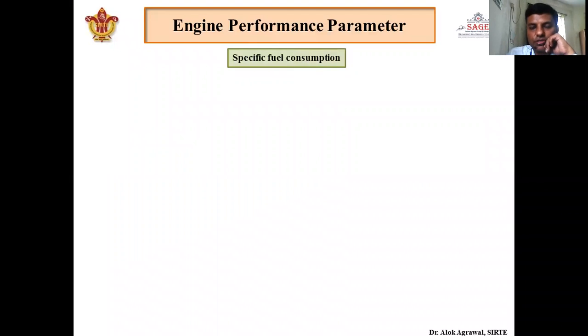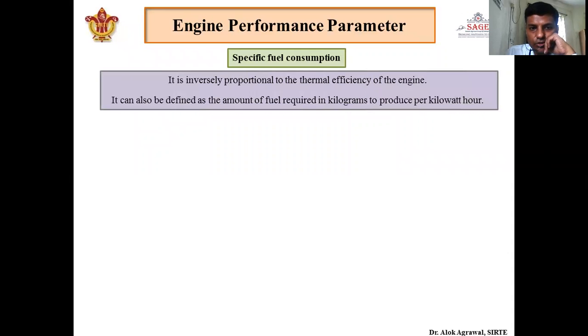So, to start with, specific fuel consumption. It is inversely proportional to the thermal efficiency of the engine. If you want to define it in very simple language, it can be defined as the reciprocal of thermal efficiency. It can also be defined as the amount of fuel required in kilograms to produce per kilowatt hour. So this is the exact definition. What is specific fuel consumption? It is the amount of fuel required in kilograms to produce per kilowatt hour. So for producing 1 kilowatt hour of power, how much fuel is required in kilograms, that is called specific fuel